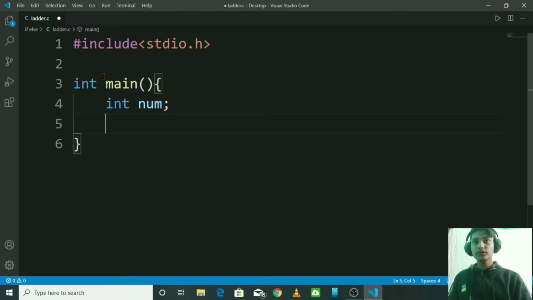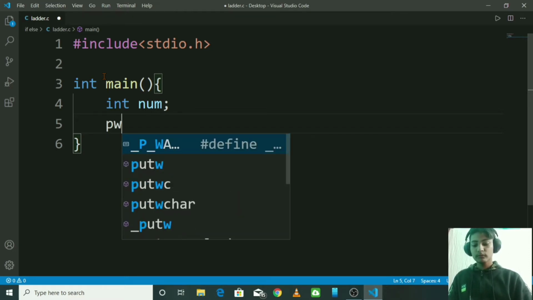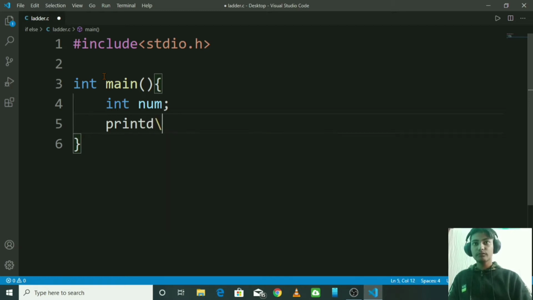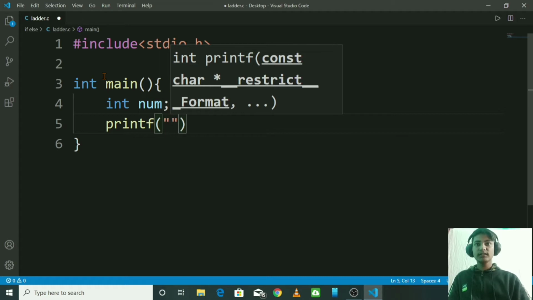Then print. So for that, printf, and then parenthesis, and in parenthesis and double quotes the string you want to print.